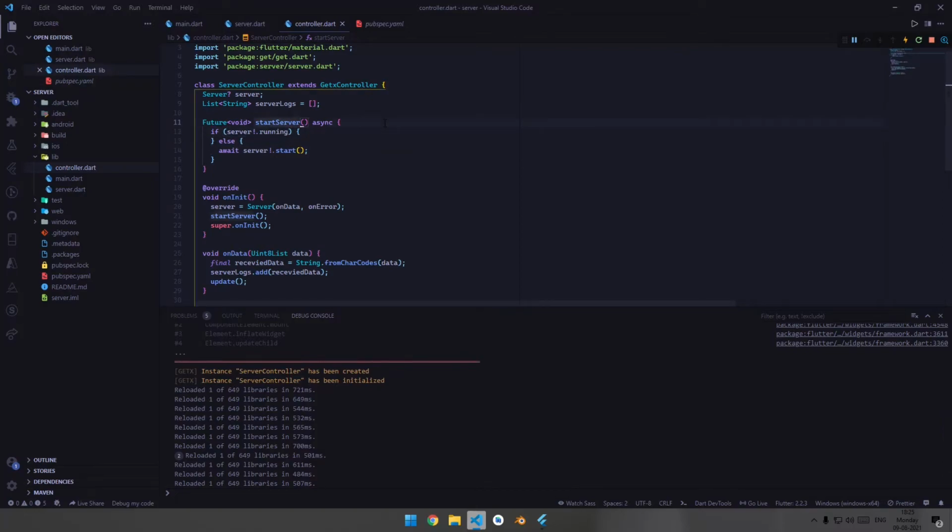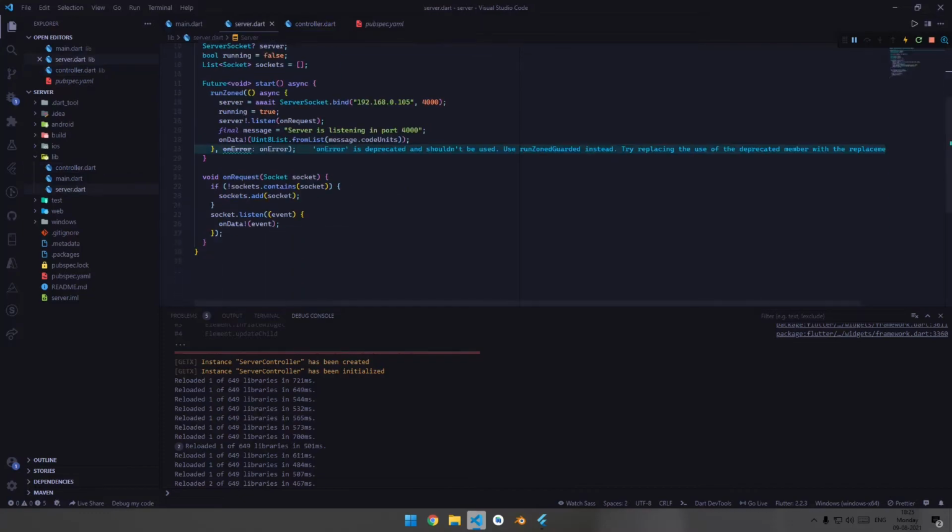Okay, so let's rename this variable as start or stop server, and let's rename over here too. Now if the server is already running, we will be trying to stop that particular server.